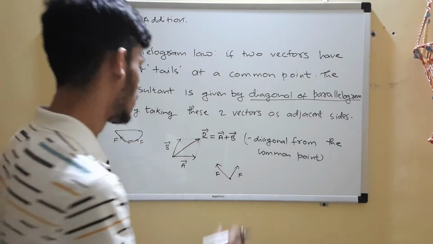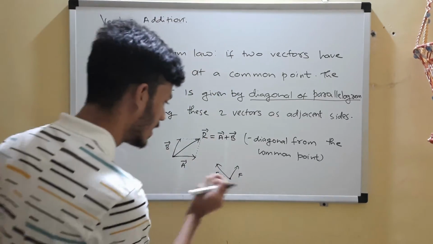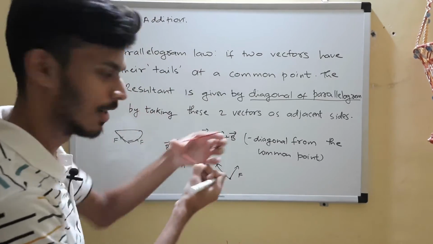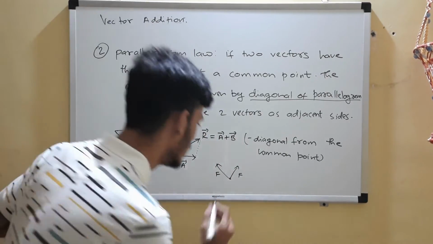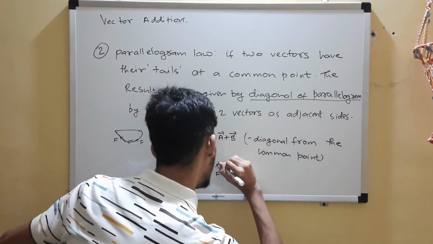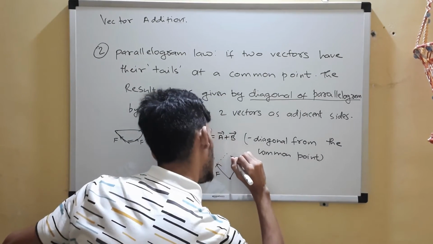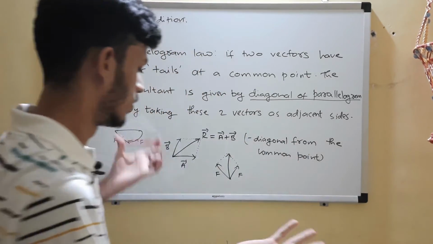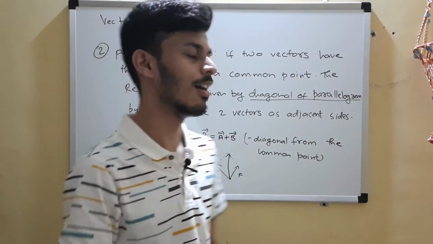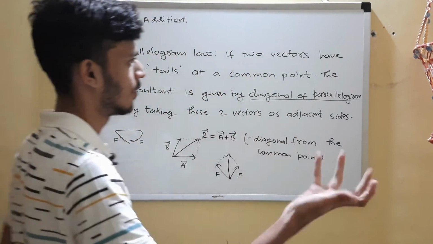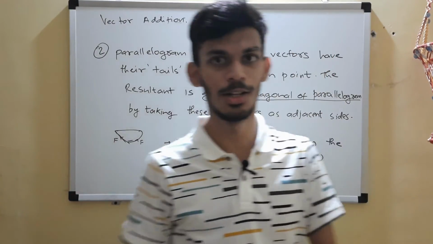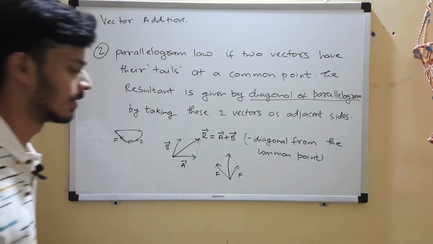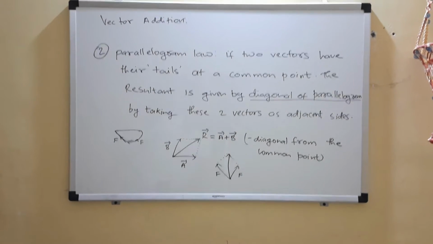Can you see both of those forces? Force is a vector, so both of these vectors have their tails at a common point. This is the condition. So what will be their resultant? The resultant will be the diagonal. So complete this parallelogram, and the resultant will be this way. Some values we will find in the next class. We'll get a formula to find the magnitude, and also for the direction we'll have the analytical way in the next class.